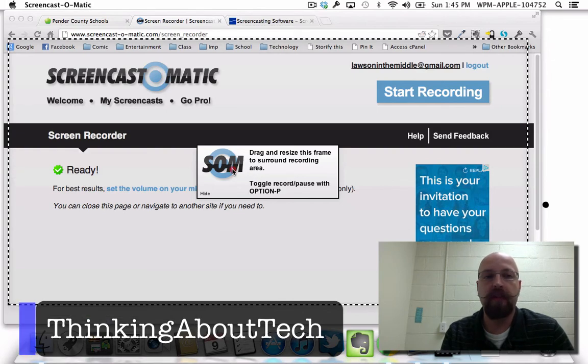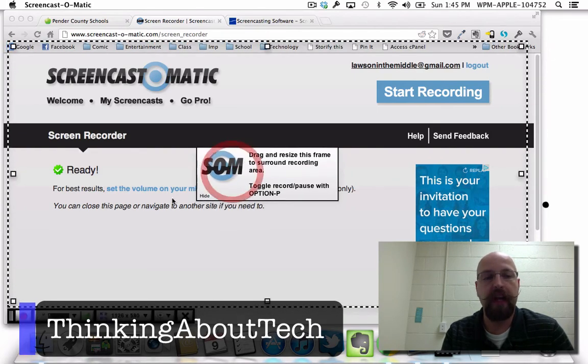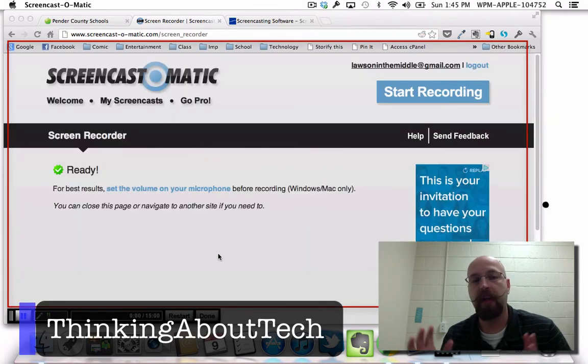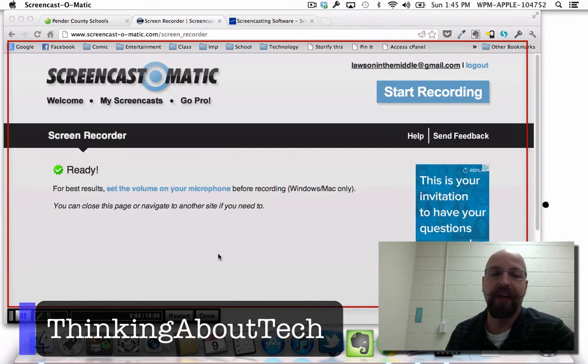But this is kind of the basics of Screencast-O-Matic. So just to give you an example, I'm going to go ahead and hit the record button here. As you're going to see, it's going to come up with a window saying you're ready to go. It's pretty quick. So you've got the countdown there, and then you can see down here at the bottom, there's a counter showing